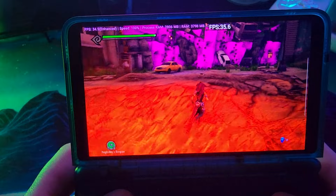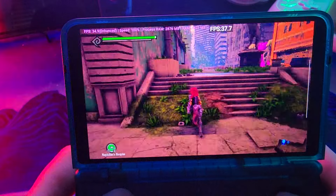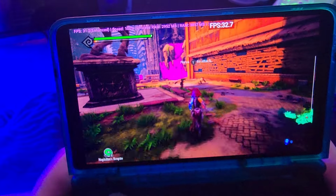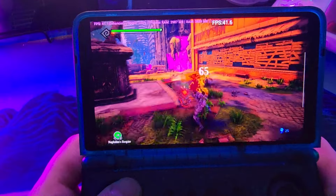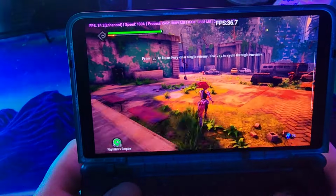All right. Oh, look at that. Okay. So we got higher than 30. Yeah, but unfortunately I have to drop the res, which is garbage. I figured it would be better, but